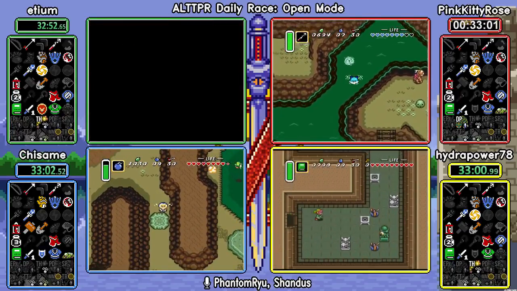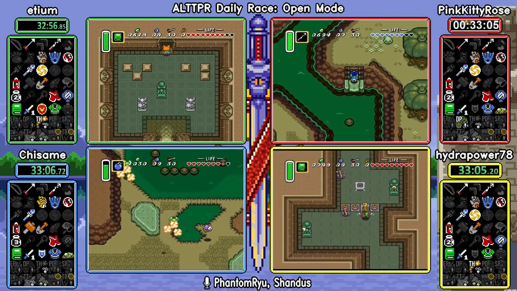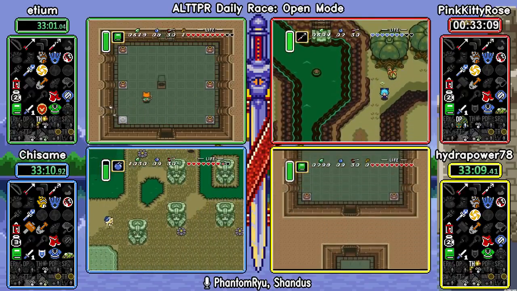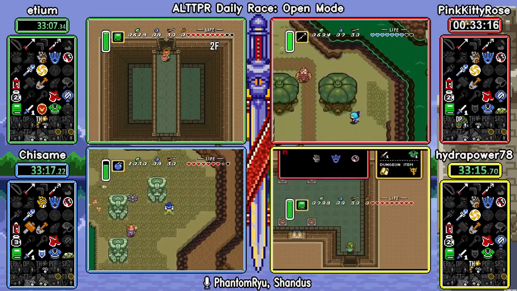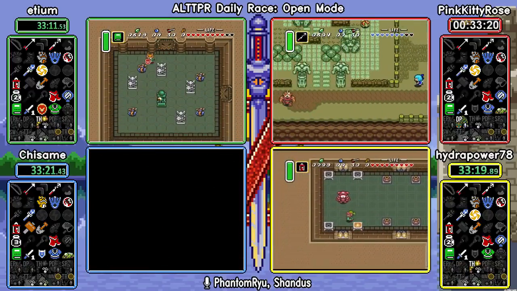I like this. Pink Kitty is looping around here just to come back. I never thought until just now that, wait a minute, that is actually faster than going around the other way. Yeah, because swimming is faster than walking, so that was actually... I've never done that before in my life either, but...